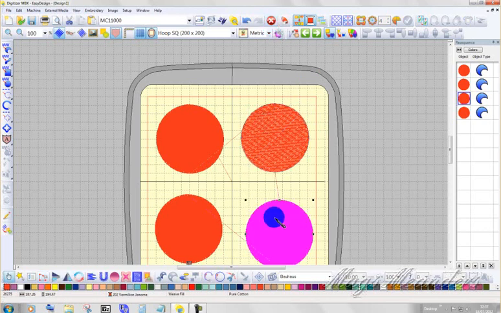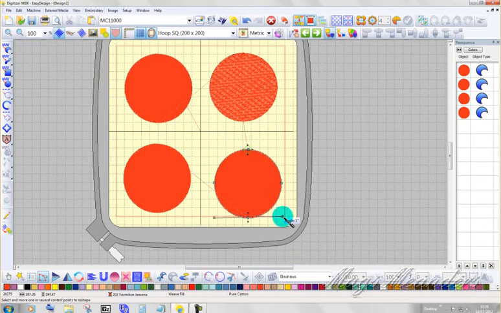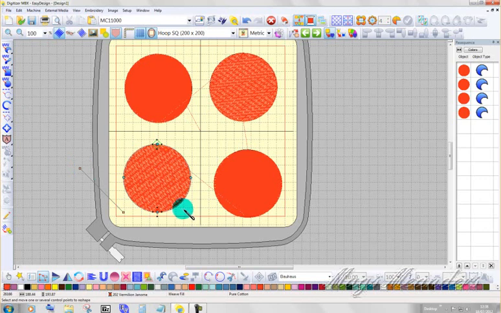I'm going to come down to this one. Go into object reshape and stick this one on 0. No, I want you on 0. Thank you. And tell that one OK. I'm not going through all the angles. Then highlight that one, come to object reshape and put this one 135. OK. Now, stitch direction, the direction that you're stitching in, has a huge effect on how something is going